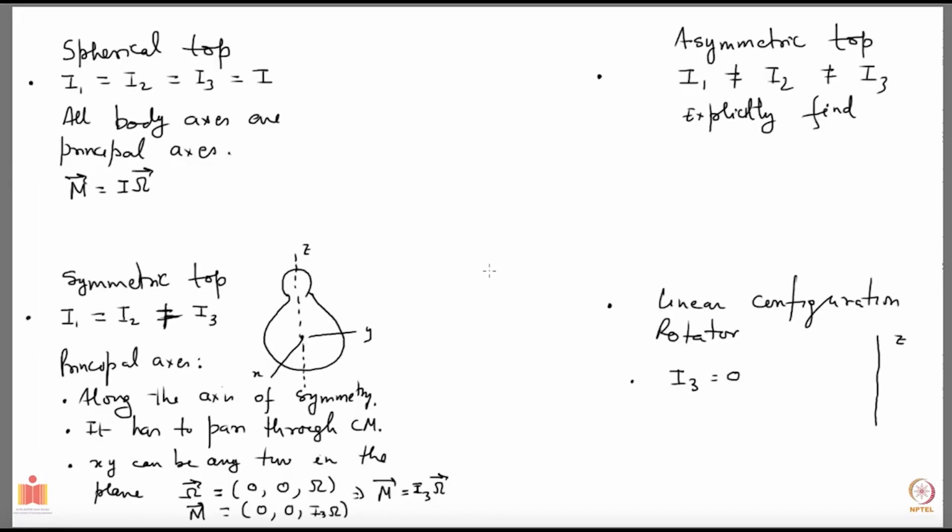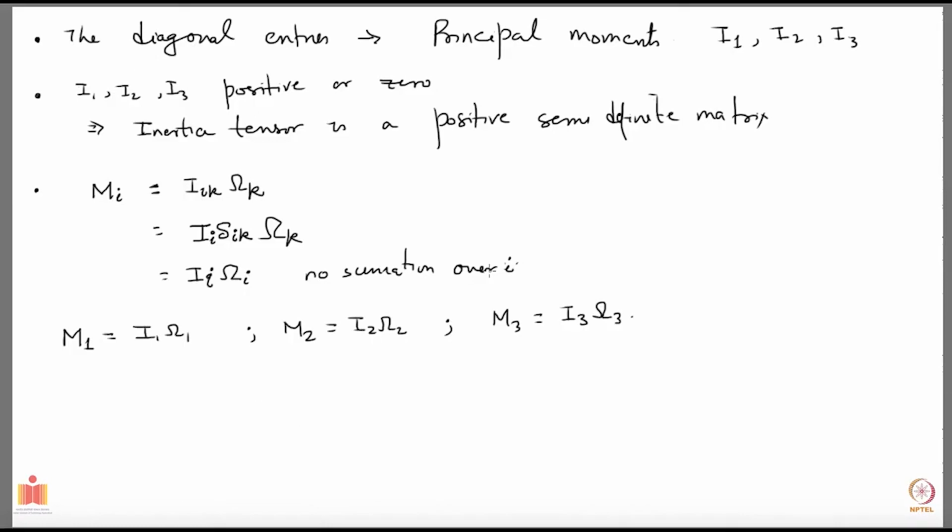Okay, let's continue our discussion of rigid body motion. Last time we introduced the inertia tensor. Let me go back a few slides. Here, we wrote down an expression for the intrinsic angular momentum of the rigid body, which was expressed in terms of the inertia tensor and the angular velocity omega of that rigid body.